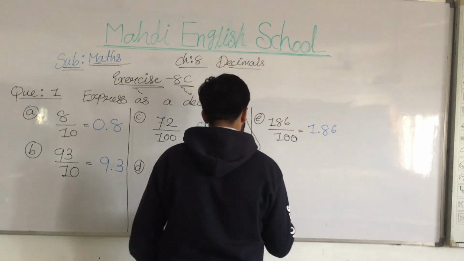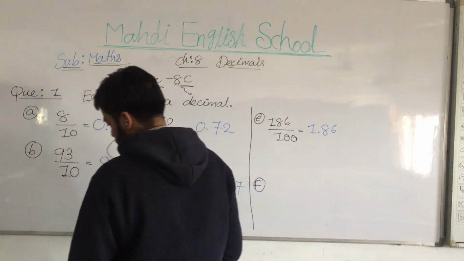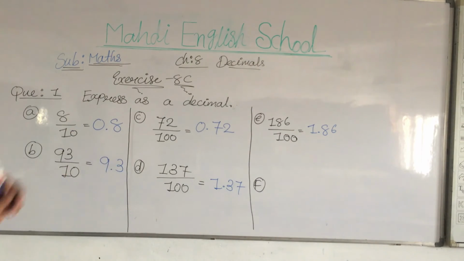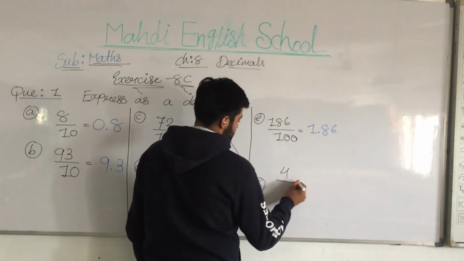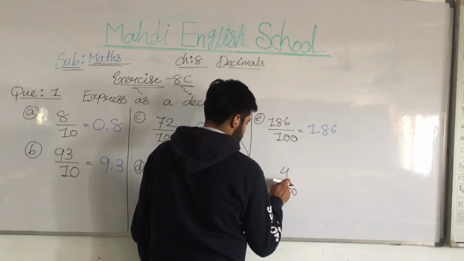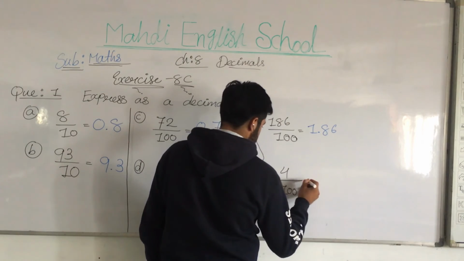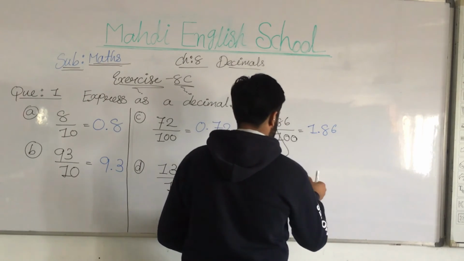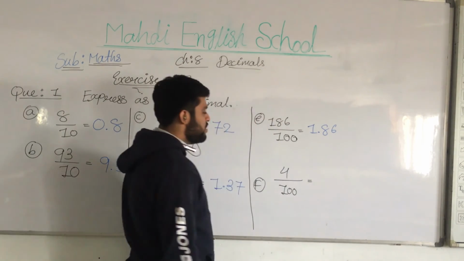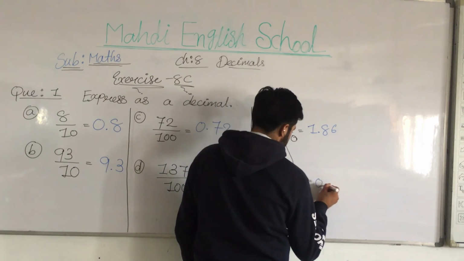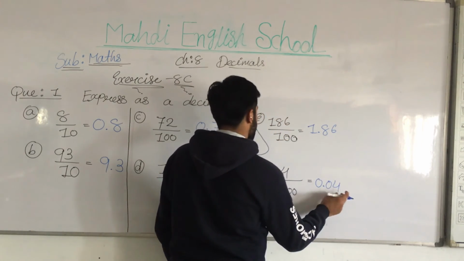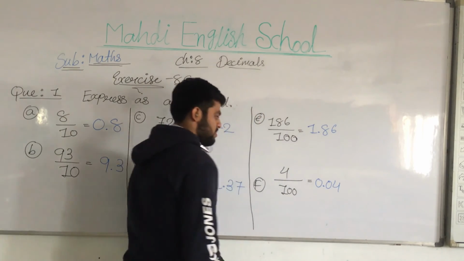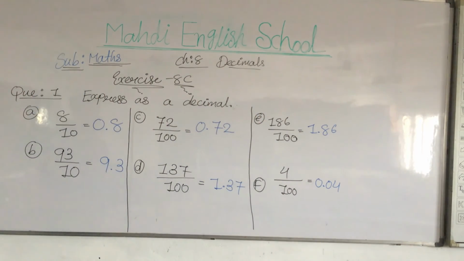Okay, then after that question number F. So let's check what question number F is. Now you note down this sum. F is 4 upon 100. I hope you all understood. Means before the 2 digits, 0.04. See this difference in the place value of the 2 digits. Understood what I am telling you? Note down all these things, my dear students.